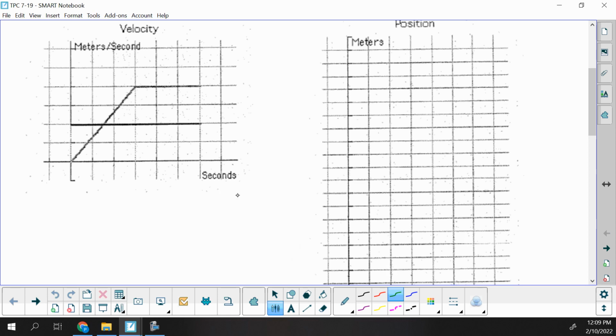So this video is just to explain your activity for today. The sub should have passed out the salmon colored two-sided sheet. You have that picture of the velocity graph on your front, and then the position is on the back. So what you're going to do is you have the velocity graph, but you're going to write what the scenario